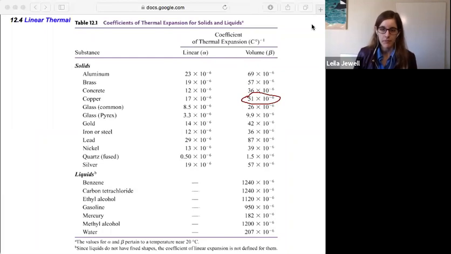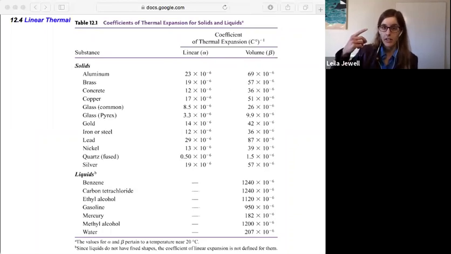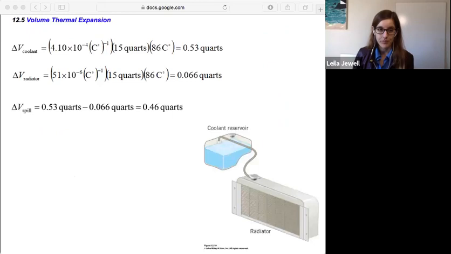All right, so if we go back to calculating the change in volume, we want to calculate it for the radiator and the coolant, and figure out how much we are going to lose to the overflow. So we can calculate the change in volume of the coolant with its coefficient of volume thermal expansion times the original volume of 15 quarts times that change in temperature of 86 Celsius degrees. And that comes out to 0.53 quarts, which is pretty big,